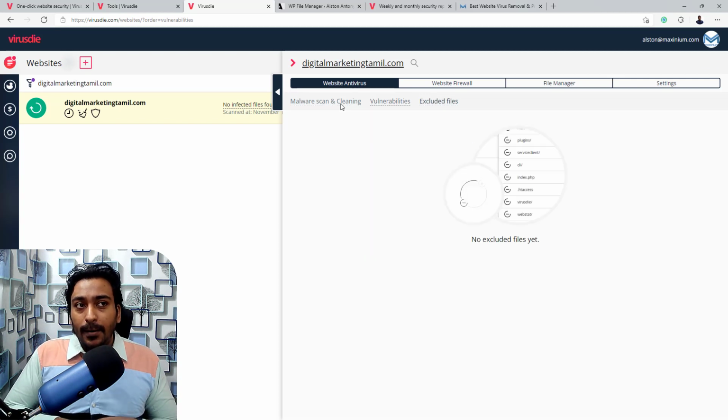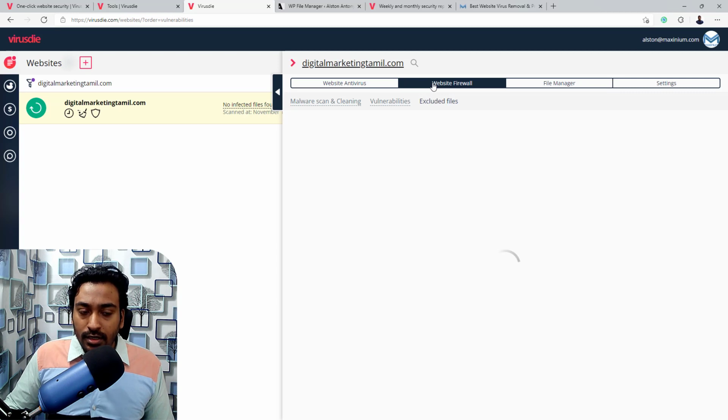In case it mistakenly marks one of your theme files, plugin files or any of your website files as potential malware or threat, and you want to exclude that file because you know that it's actually safe, then you can exclude it and it will show everything here. And it gives you an option, in case you want to turn that back, you can do that as well. So this is where the website security functionalities work.